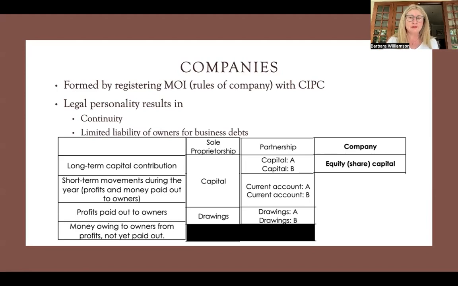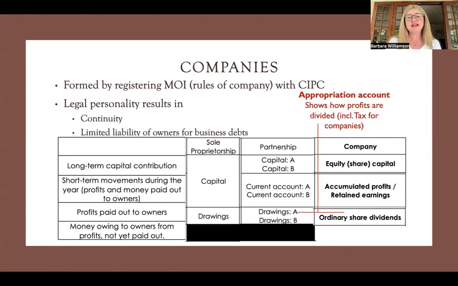So equity or share capital is simply the long-term investment. In other words, the original selling of the shares. The short-term part is your retained earnings or accumulated profits or retained income or undrawn income. There are lots of names that can be used for it, but basically it means the profit that the business has made that hasn't been paid out to the shareholders, and it would be paid out obviously in the form of dividends. So it's the short-term money that is kept by the business for reinvestment, which would obviously promote long-term growth, etc. It's a good idea for the sustainability of the business.